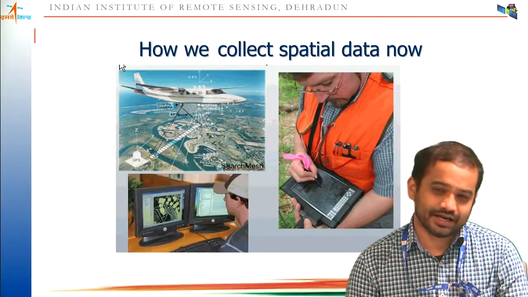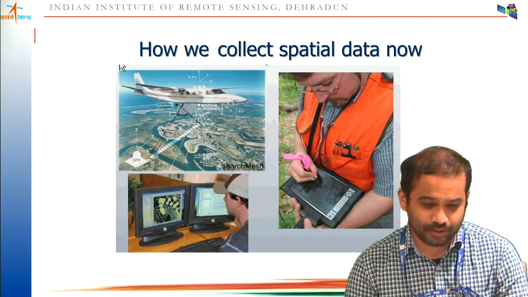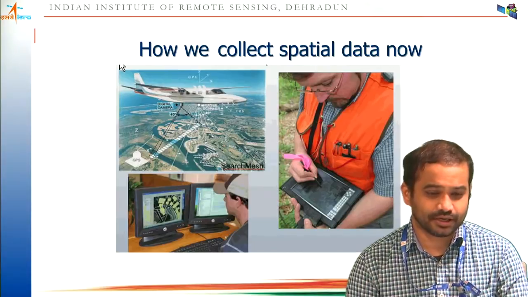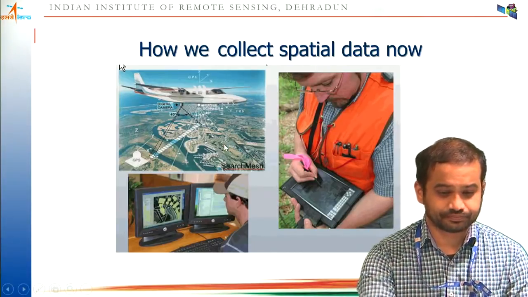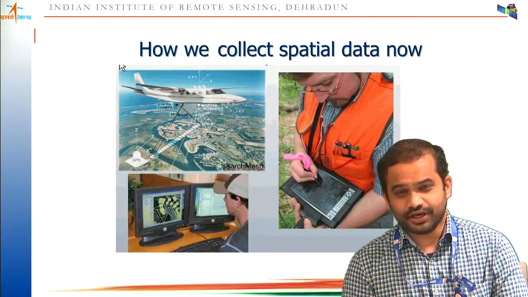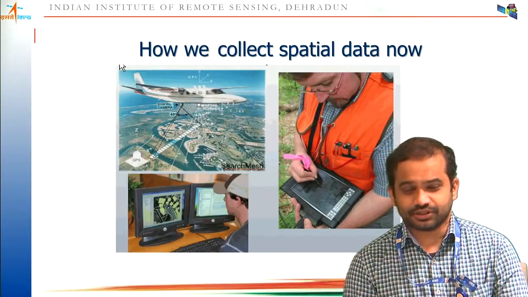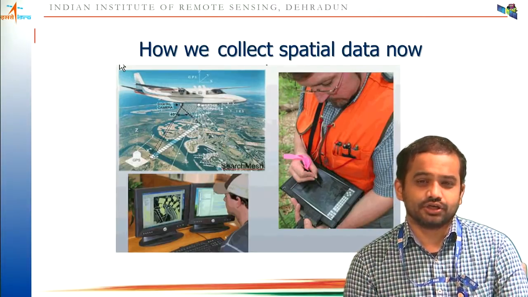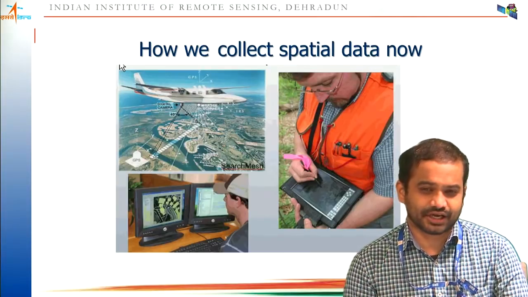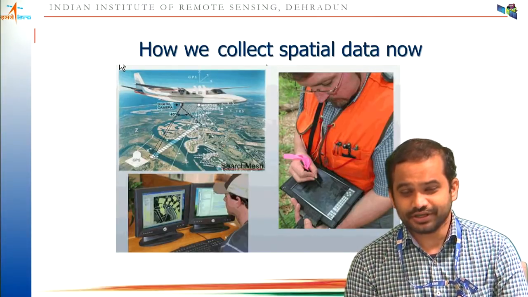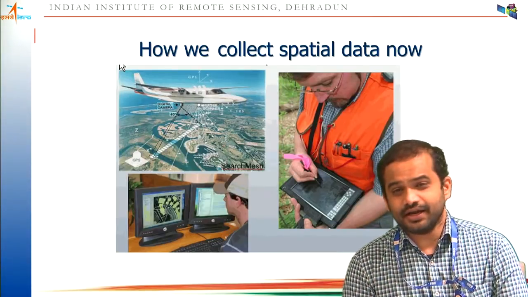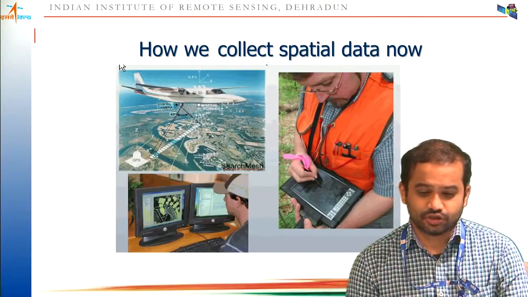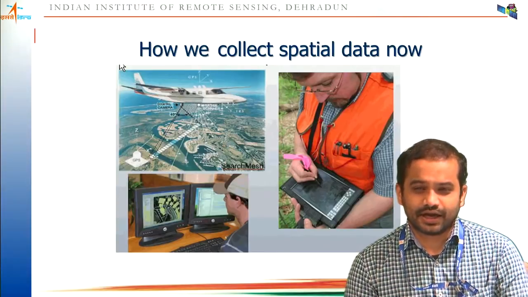In earlier days we used to have aerial photographs, before satellite based data acquisition became popular. In an aerial photograph, a camera is mounted on an aircraft, and from there data is captured. Then we have modern tablets, instruments, and all the sophisticated software required for GIS data collection built into tablets. As computing speed and memory became more affordable, efficient and miniaturized, you can see much smaller devices nowadays. So directly you can go to the field and collect data.